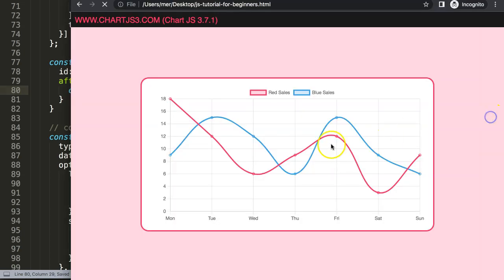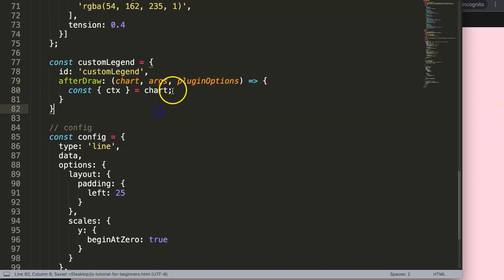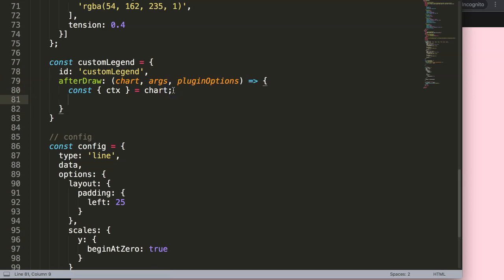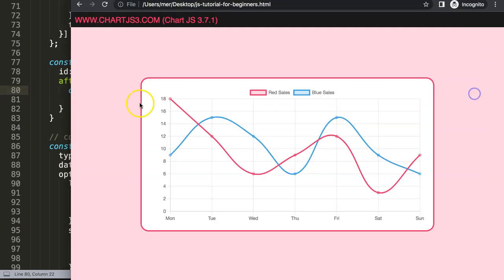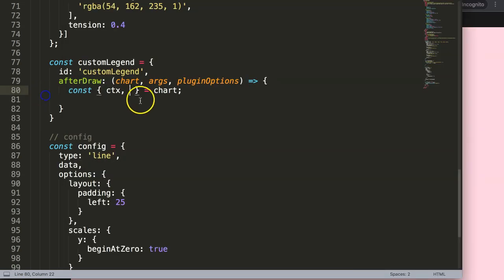Alright, so if I save this and refresh, of course nothing happens here. So what I want to do now is, I have here the ctx. What we want to do as well is get the coordinates, probably from this point here, which is the left side of the chart area. So I'm going to say chartArea, let's get the left, and maybe we can do, I'll just put them all